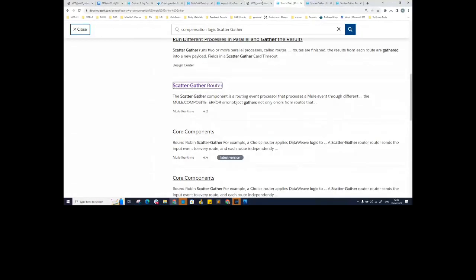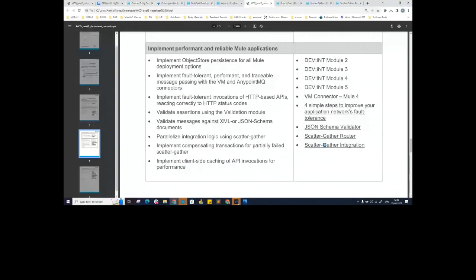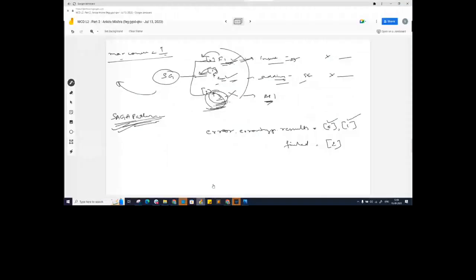One more follow-up question on the same Saga pattern. Is it something out of the box, like you said, out of three flows, one fails, and then you go and roll back all the transactions that you have done? Most of the things that you do are in orchestrations. The scatter gather logic will come in the process API, but the insertion or the CRUD operations will be in the system API. So is it just by mentioning the composite logic that it is going to revoke all the transactions, or is it something that we have to build?